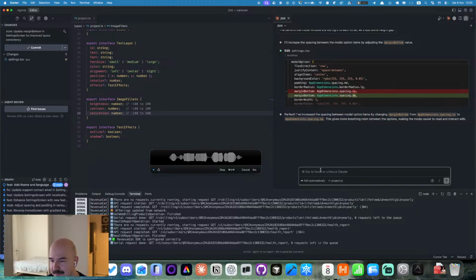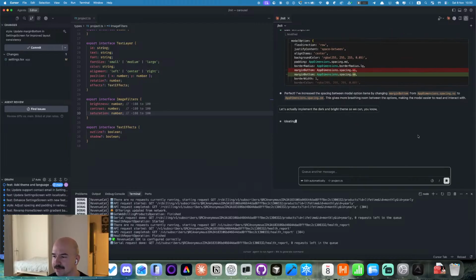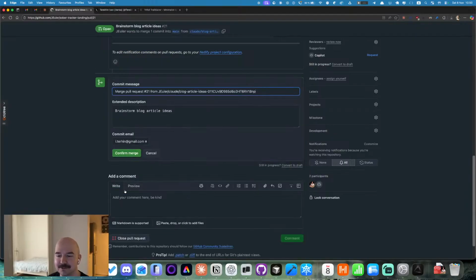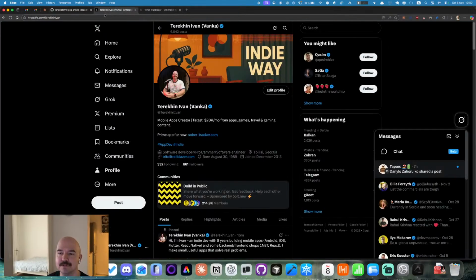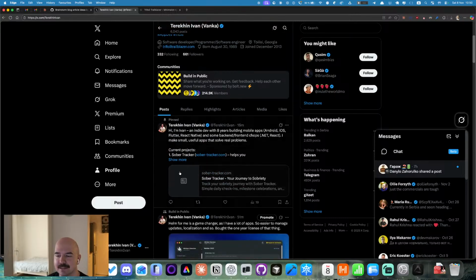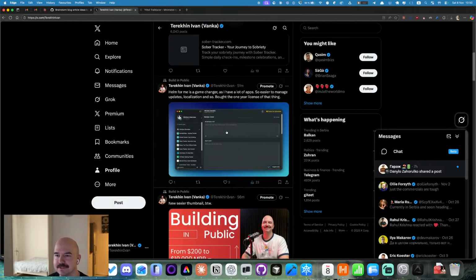Let's actually implement the dark and bright theme, so we can, you know. So let me merge this thing here. Let's see the post here.